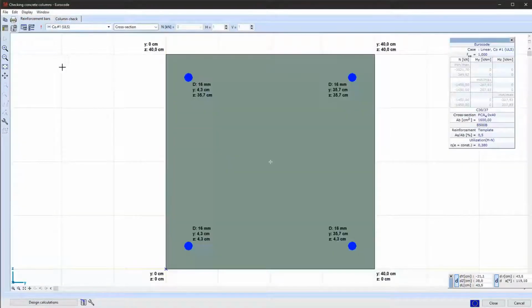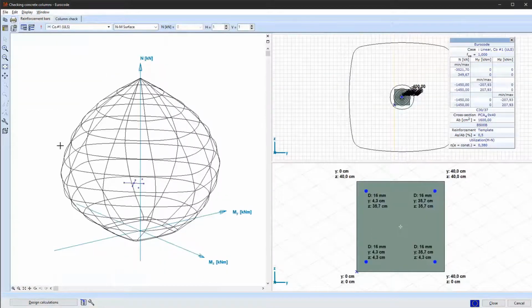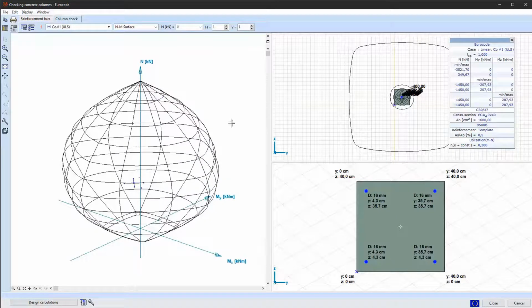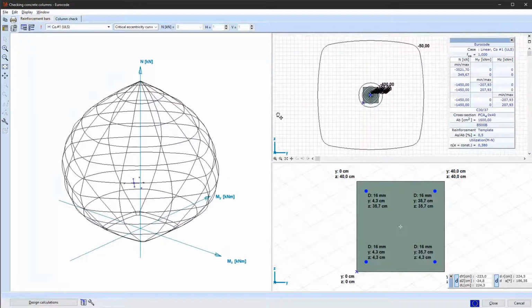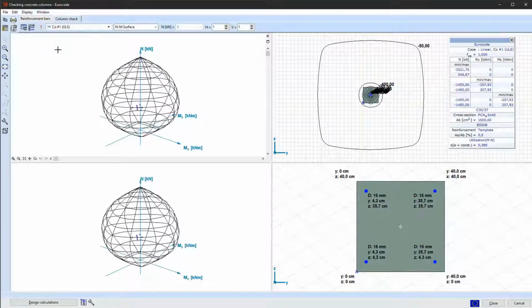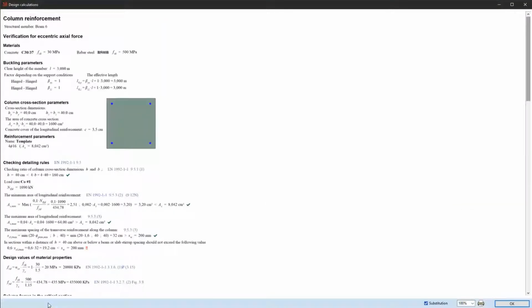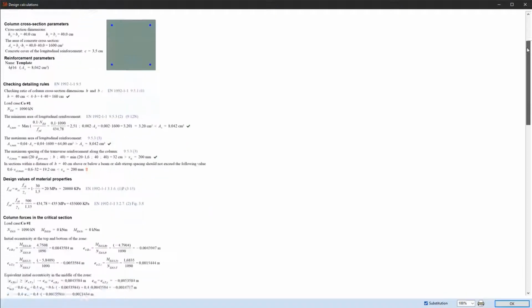So, actually starting with a smaller improvement, currently, similarly to the main user interface, predefined window layouts can also be used in the reinforced concrete design interface. So you can choose what layout you want to use. You can divide further each window. And if you click on the design calculation button, you will see that detailed calculations will be available.